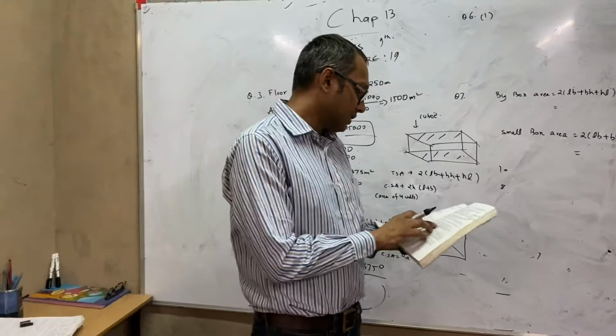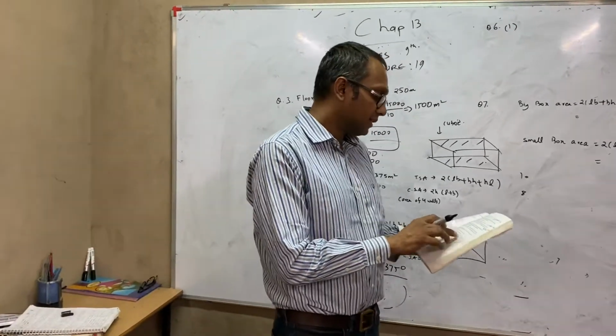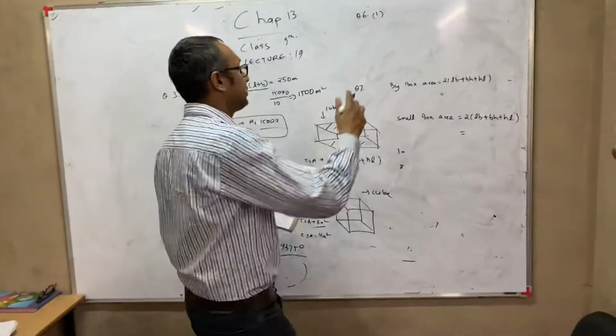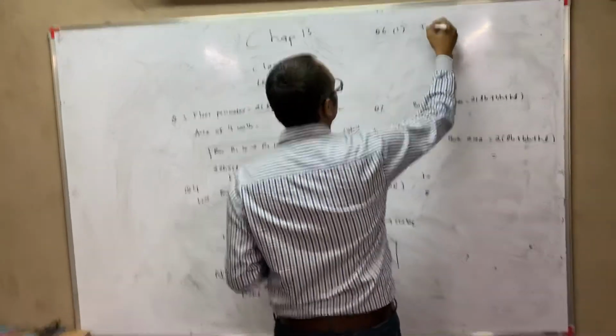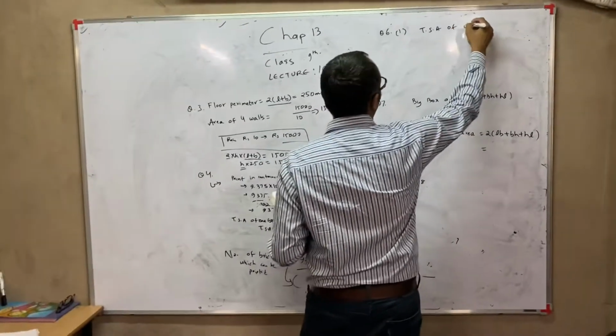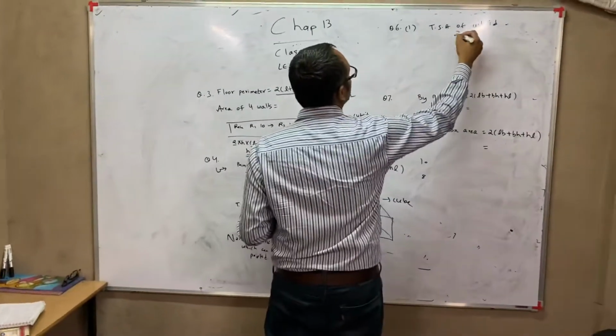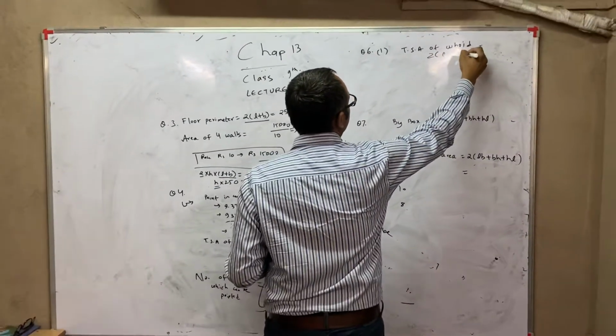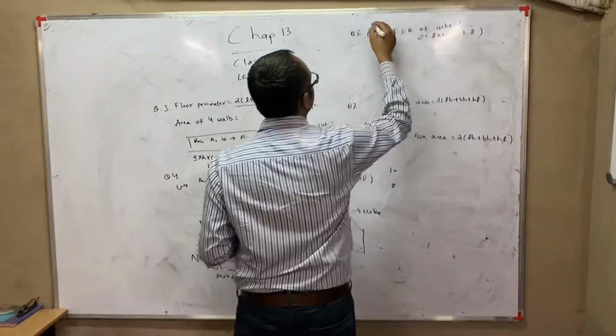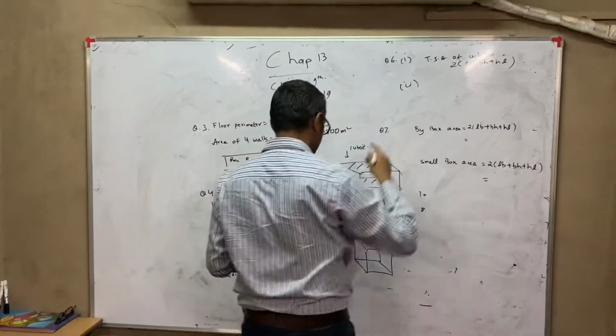Now the greenhouse, and he has written it includes the base also. So therefore for the first part you will just find total surface area of a cuboid. The total surface area formula which you know, 2 bracket LB plus BH plus HL. Okay, this is for the first part. For the second part now,